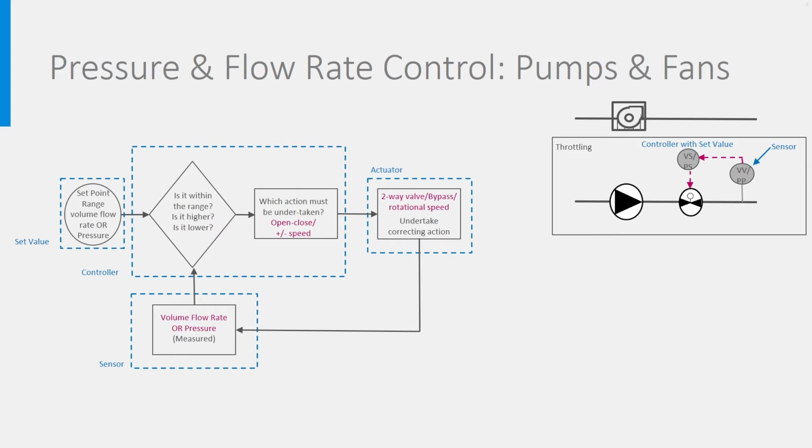As pressure and flow are so linked together, the sensor used may be either volume flow rate sensors, as described in the previous slide, or pressure sensors, like a pitot sensor, described in another lecture. But how can we influence the pressure? In other words, what are the actuators? Well, there are three ways of doing it.